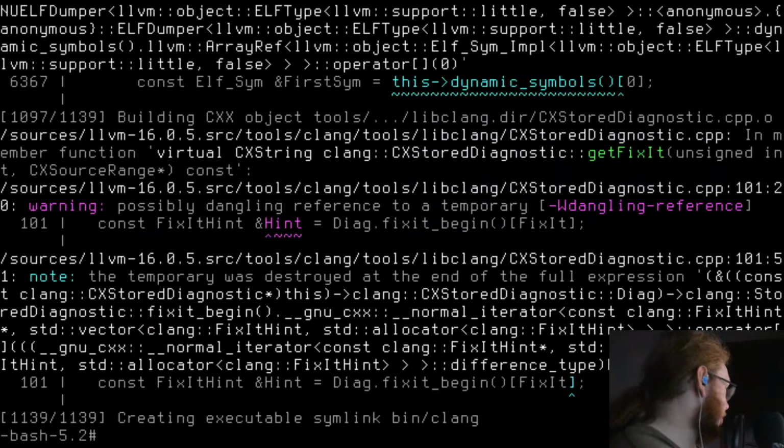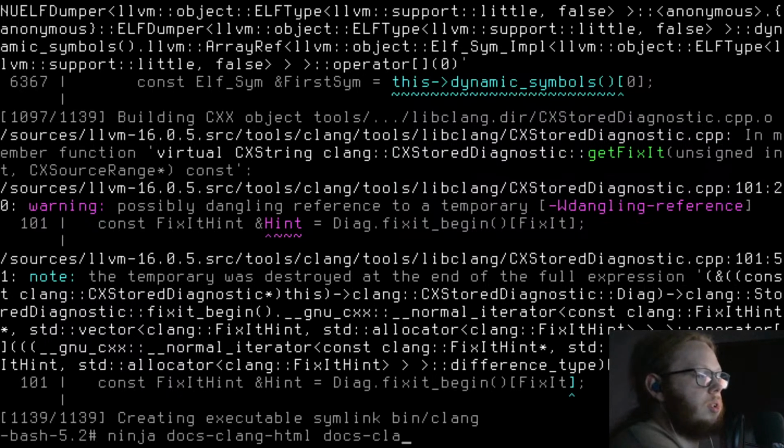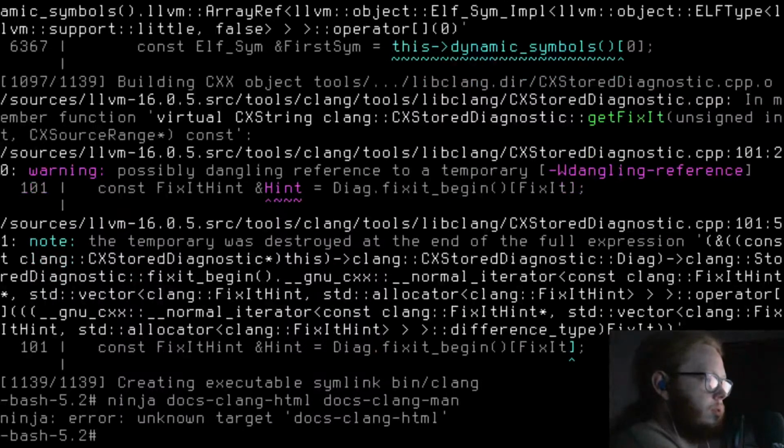Finishing off LLVM. LLVM is the install script I made. Ninja docs, lang HTML docs, lang man. Oh, doesn't bother me anymore. The LLVM test suite can produce many core dump files, using a large amount of disk space.